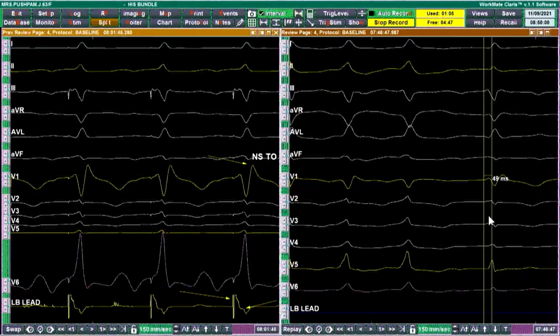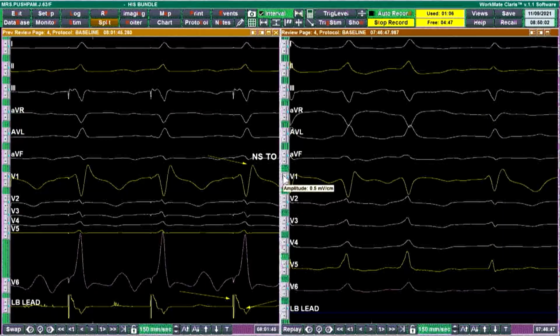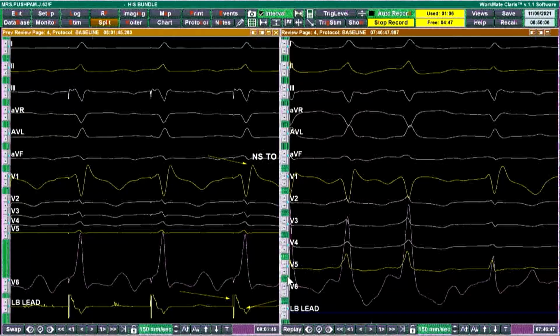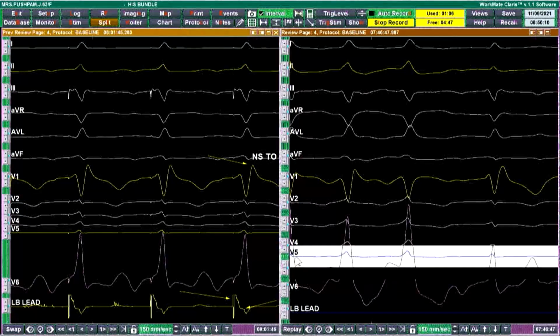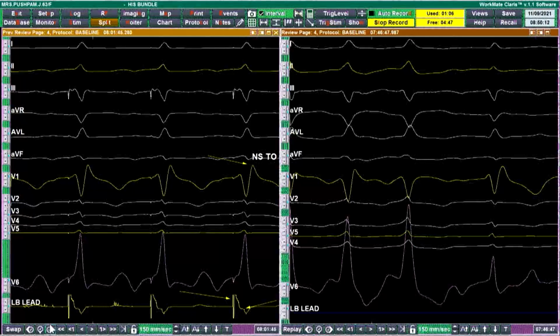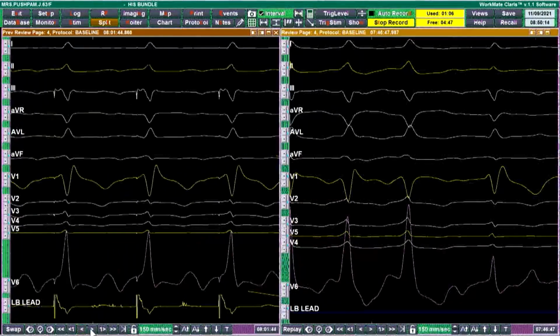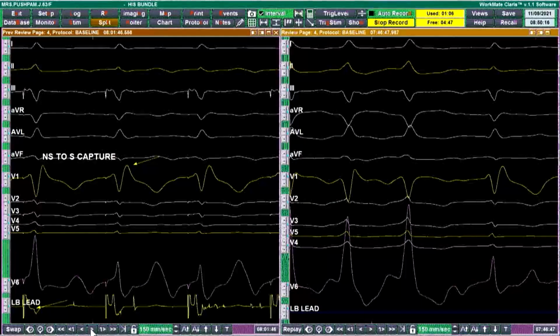So both at the same speed, 150. You can see here the morphology of this first screen; go to selective capture. You are in non-selective capture. Forward, please. You can see the last beat in the right screen and the last beat in the left screen. So both are almost equal.